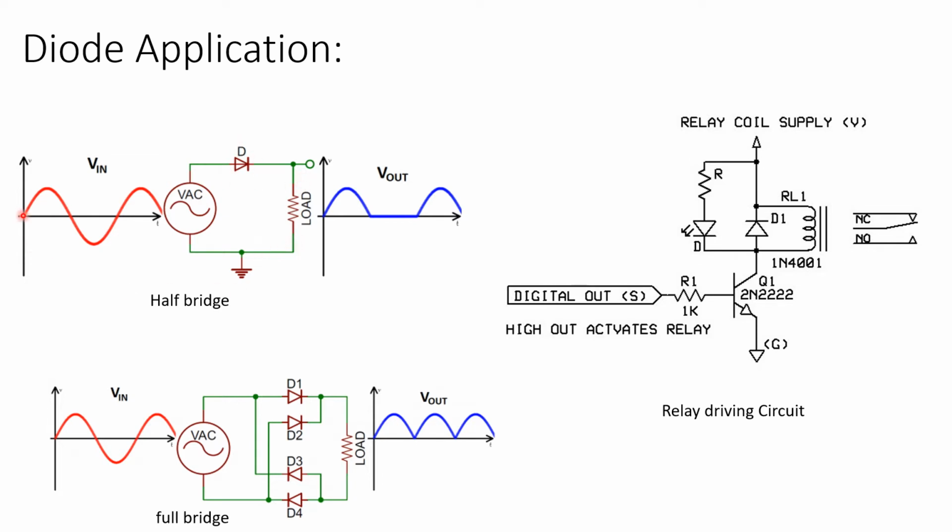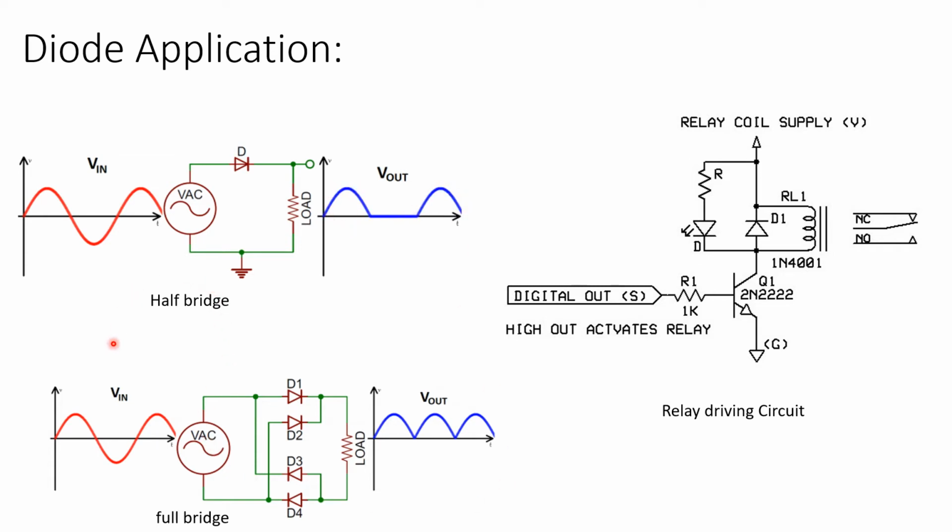So what happens? AC is nothing but sinusoidal. One cycle will go positive, the other cycle will come negative. Let's consider the first cycle is positive. So it will go through this diode, pass through the load and come back to here. So you are getting the positive waveform across the load, and once it reverses direction and tries to go to the load and come back, this diode will not conduct, because a diode will conduct only in one direction. So you're seeing there is no voltage across the resistor, basically across the load, and again the positive cycle is conducting. So you are getting a waveform like this.